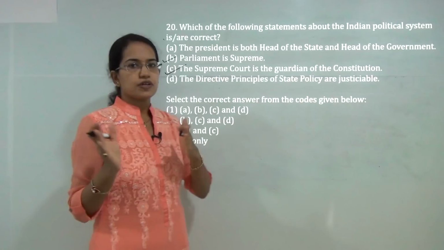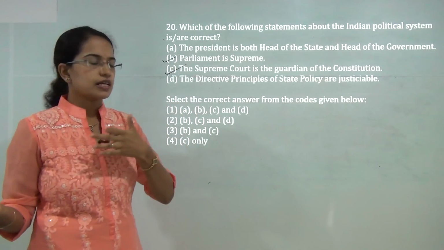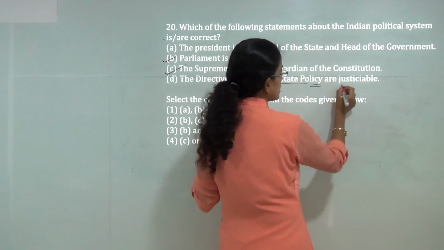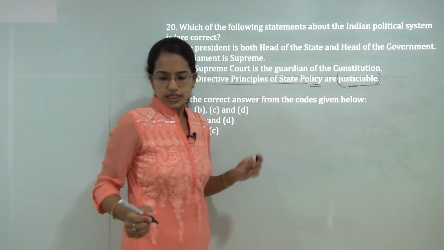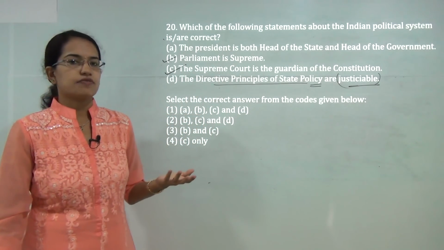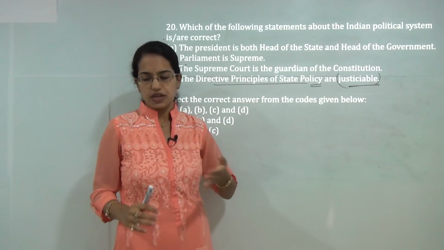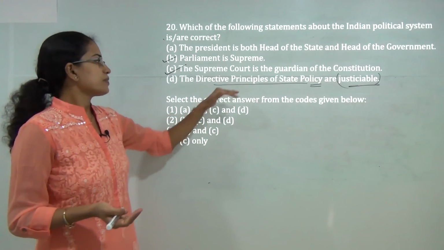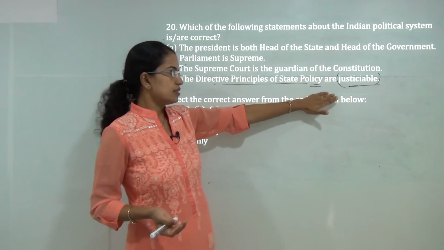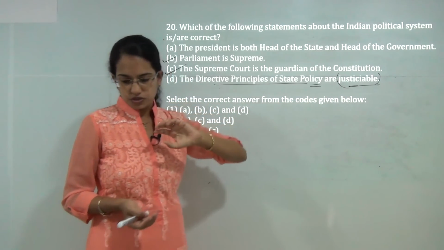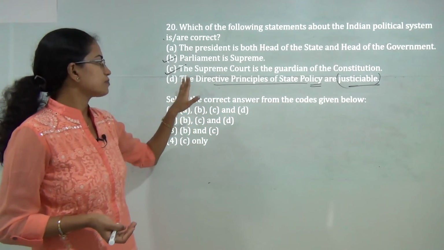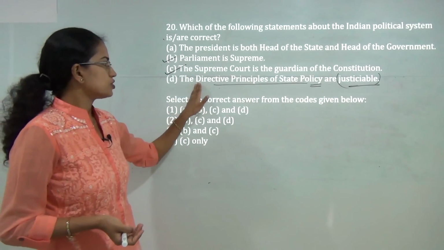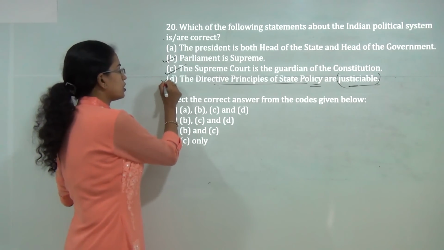Now by definition, if we talk about the differences between the fundamental rights and directive principles of state policy, we know that directive principles of state policy are non-justifiable. What do we mean by non-justifiable? Non-justifiable means that these are not legally enforced by the court. So that is what DPSP is. The directive principles are not legally enforced by the courts for their violation, and they primarily focus on the needs of the community. So this statement is incorrect, they are non-justifiable.